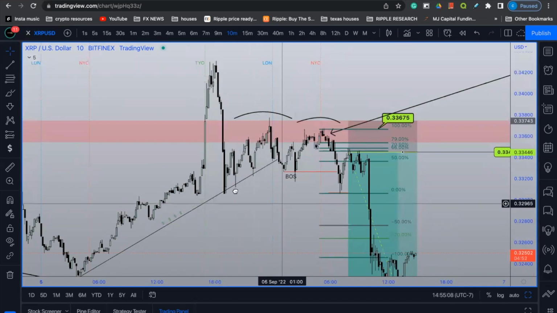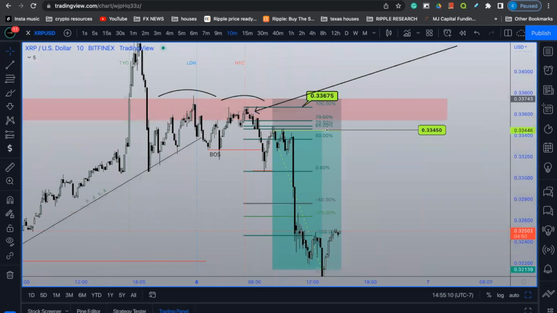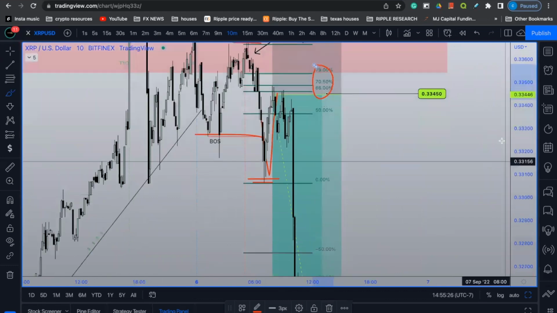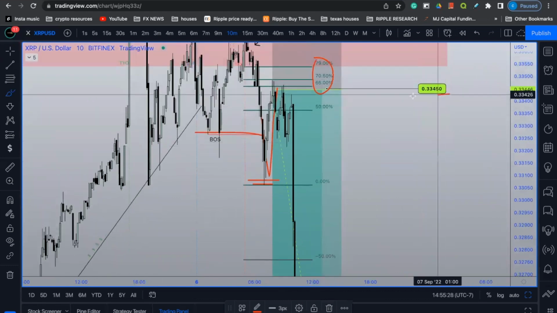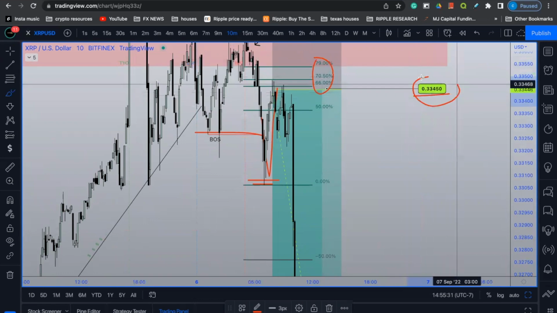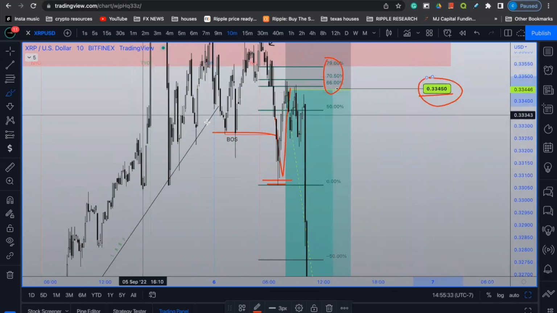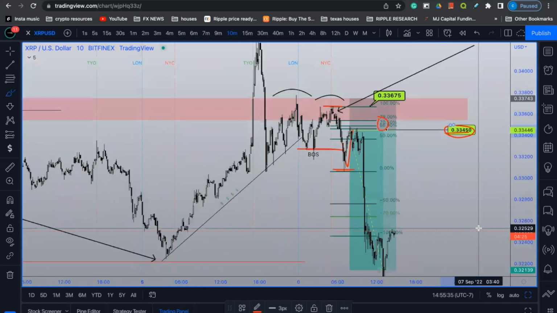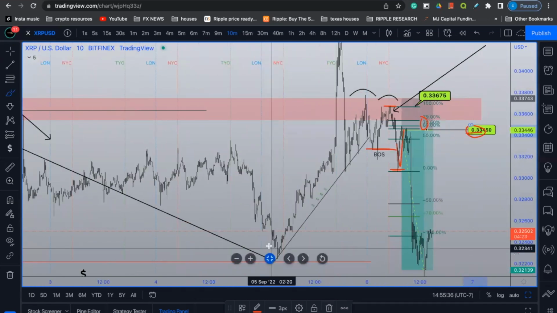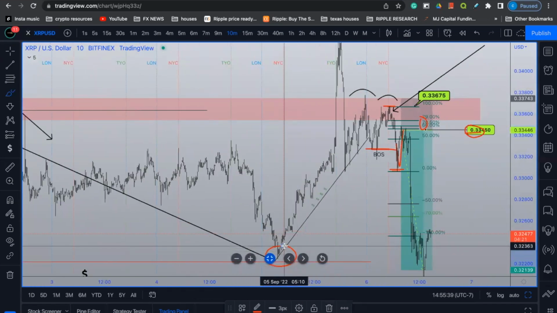Simply all we did was we took our Fibonacci from this A to B move here that broke previous market structure, and we waited for a retracement. You guys can see that our entry criteria was roughly at 70 to 66%. We entered in at the 33450 psychological level in tandem with the quarter theory, and we sought to target what? We sought to target the equal lows down here in the form of retail supportive methodologies.